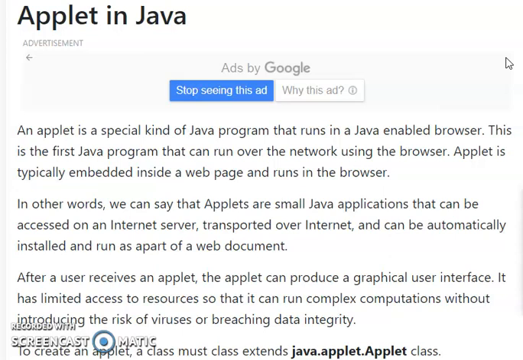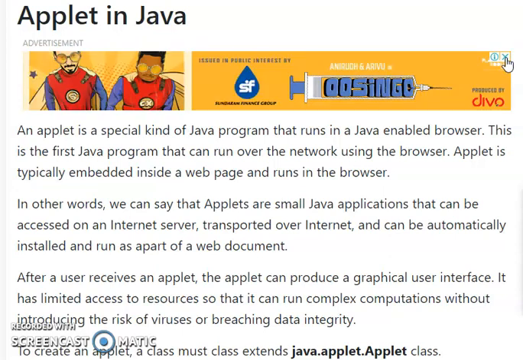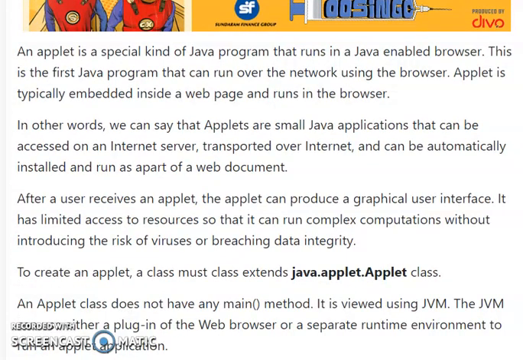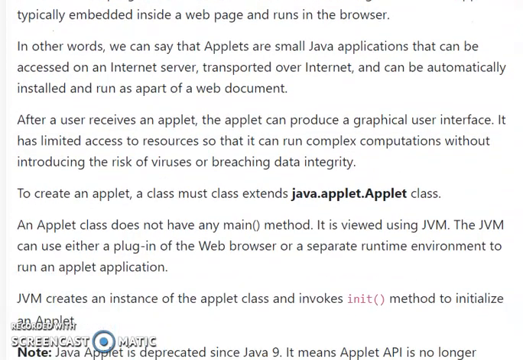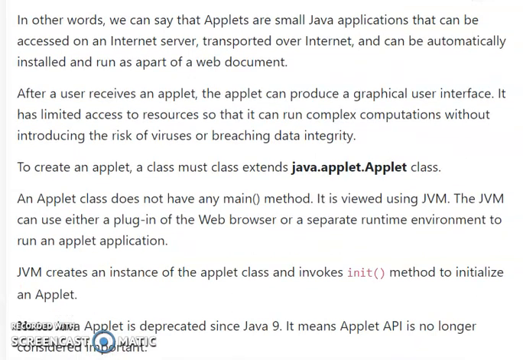We can say that applets are small applications that can be accessed on the internet server, transported over internet, and can be automatically installed and run as a part of web document. After a user receives an applet, the applet can produce a graphical user interface. It has limited access to the resources so that it can run complex computations without introducing the risk of viruses or breaching data integrity. To create an applet, a class must extend